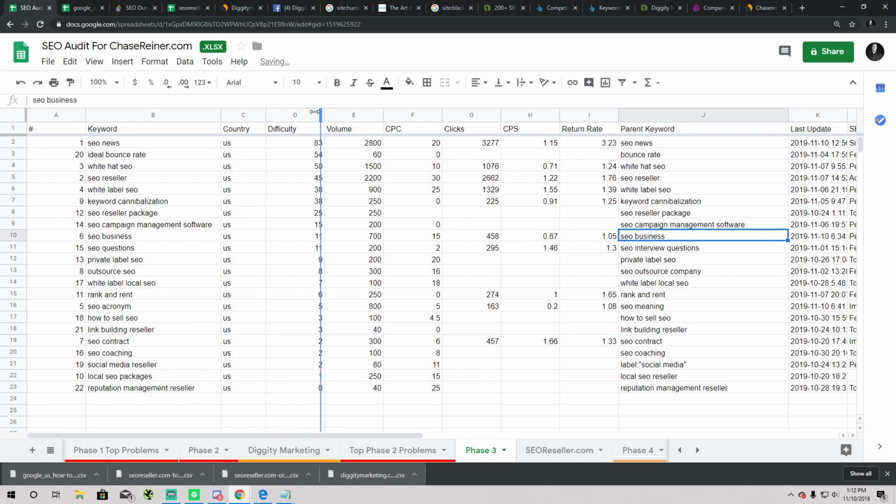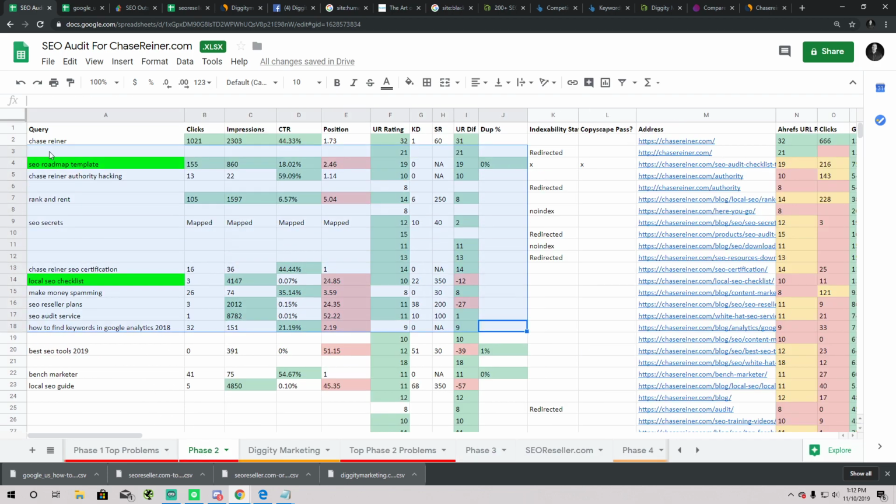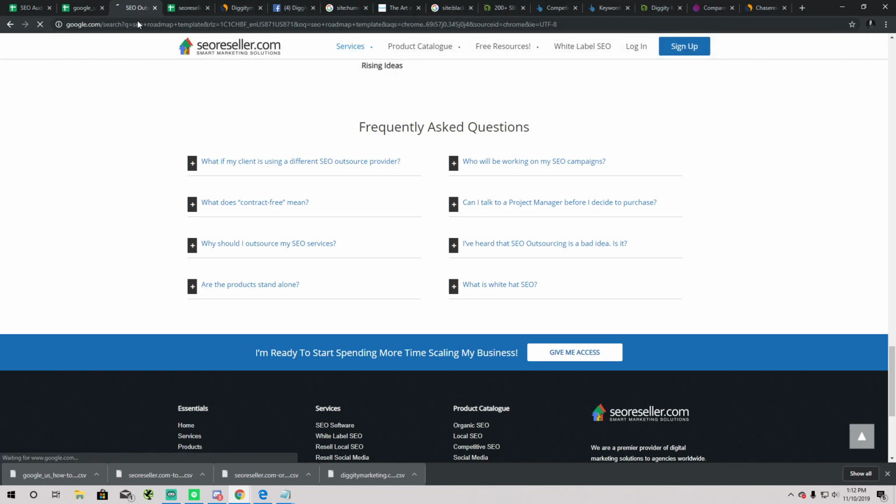But sometimes it's better to not do new keywords. The reason why phase 3 comes after phase 2 is because in phase 2, you could be getting a lot more traffic just by fixing this stuff up, by going by what's already out there already. So for instance, SEO roadmap template, if I go and see what's ranking,